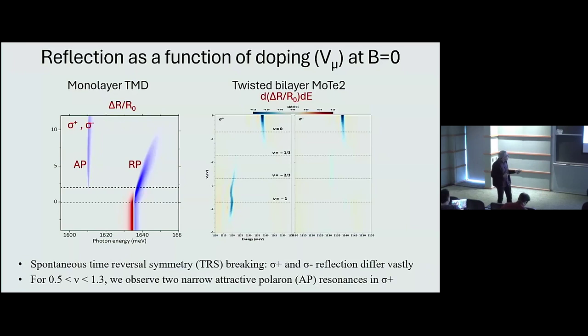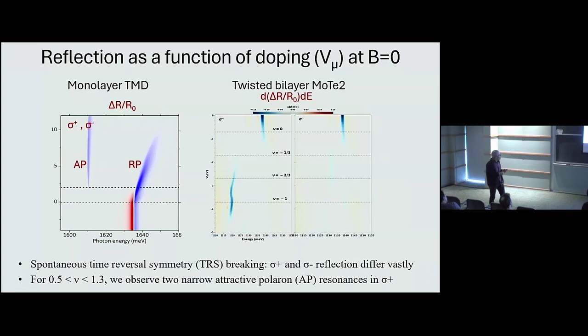But for you to make more sense of this, and to make my point about a quantitative measure of the valley polarization, let me remind you what happens in a monolayer, in the boring case. As you inject electrons or holes into the system, and this was mentioned already, the exciton becomes a repulsive polaron. It blue shifts due to effective repulsive interactions. And then there is a new attractive polaron branch, which you can think of as a collective excitation of trions. Okay? So that's the simple picture there.